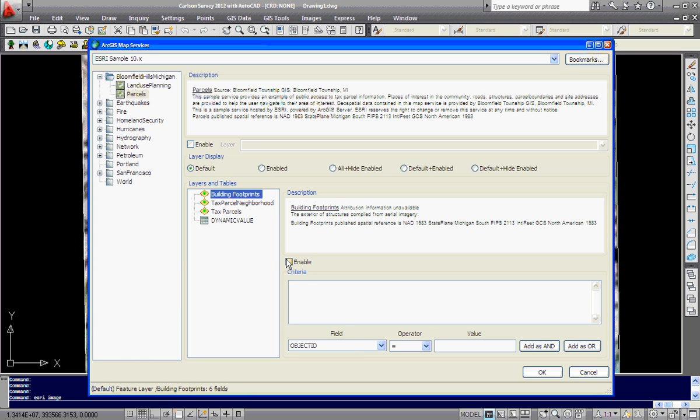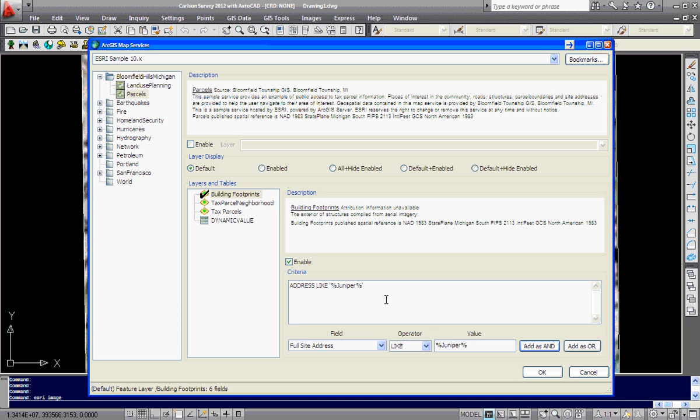And clicking on that, we can see an attribute entitled Full Site Address here. So we'll select that, and we also select the operator like together with a value of Juniper, and we're going to surround that with the % character and add it as an AND clause to restrict the footprints that we